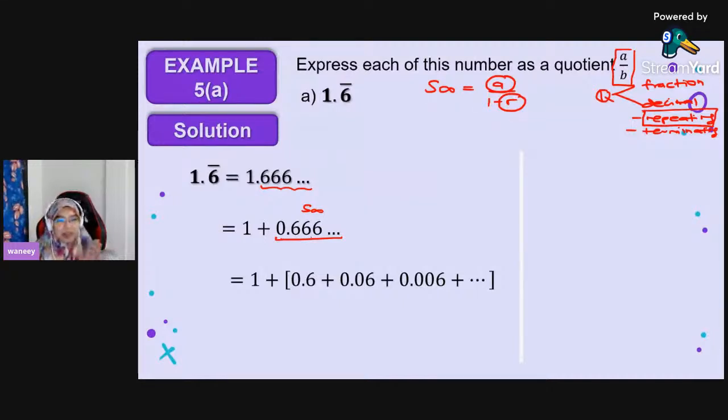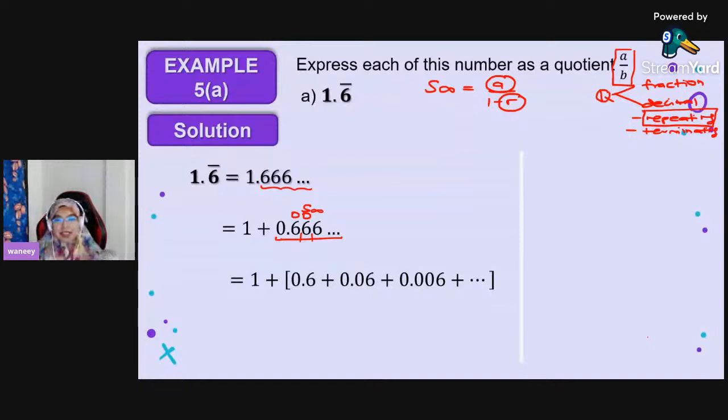I'm going to separate it based on the repeating decimal. So I will have 0.6 as the first one, and then for the second one I put a 0 over here, so it becomes 0.06. For the third one, it's going to be